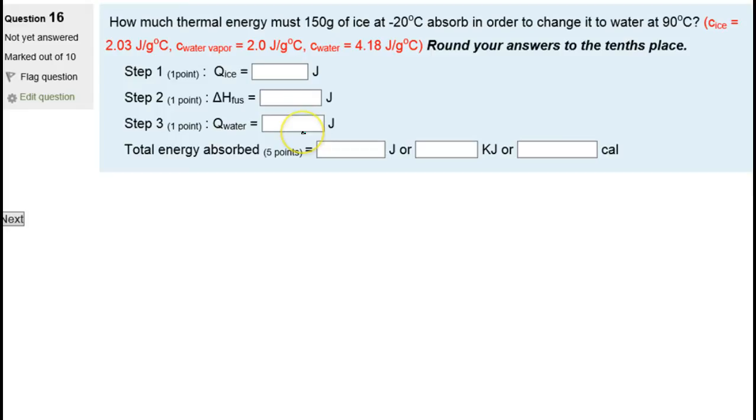Alright, in this problem here, it says how much thermal energy must 150 grams of ice at negative 20 degrees Celsius absorb in order to change it to water at 90 degrees Celsius. Anytime we're asked to calculate how much thermal energy something is absorbing or releasing while there is a temperature change or a change in state of matter, I like to draw a little picture first and see what's happening. So in this problem, we've got a 150 gram piece of ice,